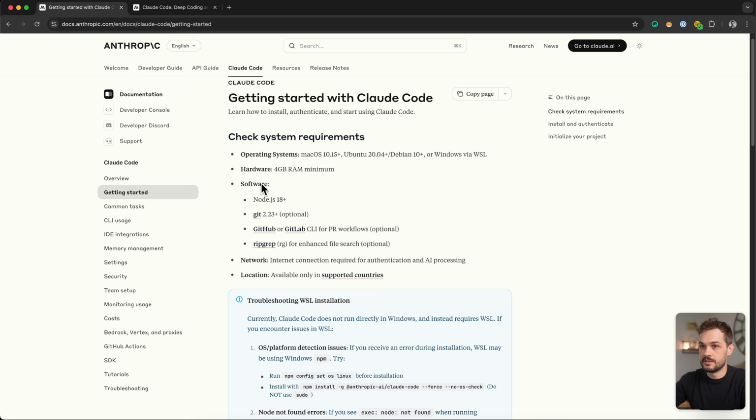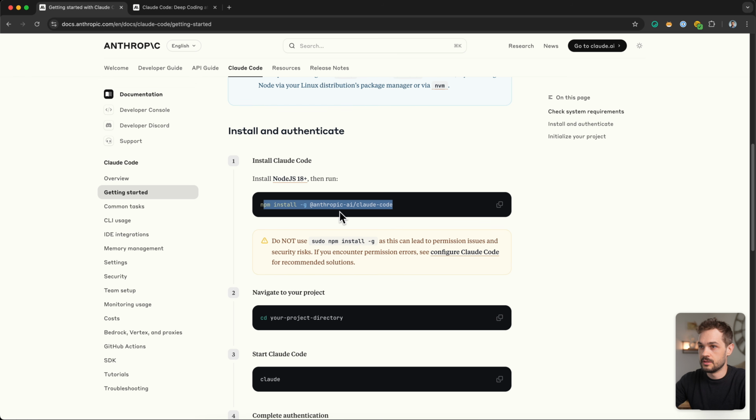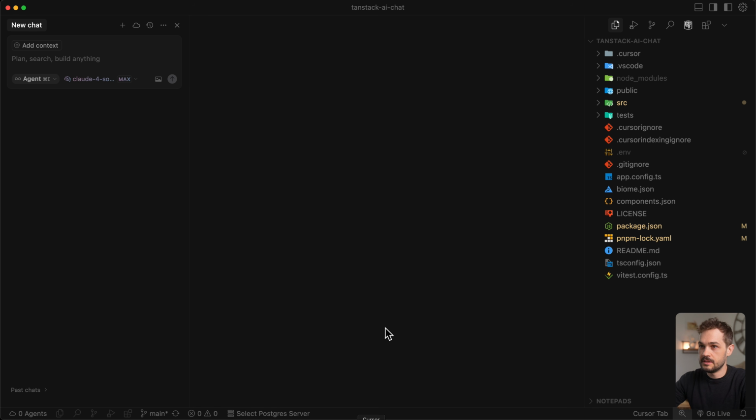You can also find it in the documentation here. Yeah, this command. Then switch to Cursor. You now have two possibilities to install it. First, you can just put it here into the chat, but I wouldn't recommend it because it will take up